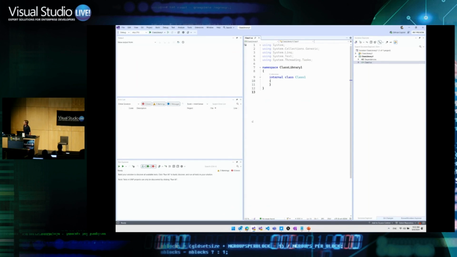Look, the layout is all wrong here. I was plugged in this morning to a widescreen monitor, and when I'm in widescreen, I like to keep my output window, Test Explorer and stuff docked to the left, because then I have a lot of space here. But now that I'm on just my laptop and presentation, I don't even know what the resolution is here, but this doesn't work at all, right? So now I have to drag all the windows down to the bottom, or